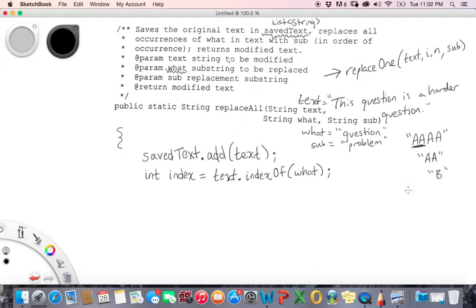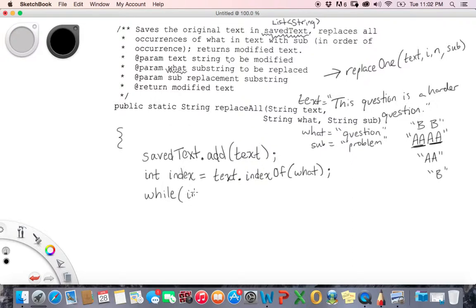Well, here is an AA, we want to replace that with a B, and then here's an AA, we want to replace that with a B, so this is what our final result should be. So we need to make sure we put a condition in here so it will check that multiple times. The way we can do that, among other ways, one way would be to create a while loop and simply